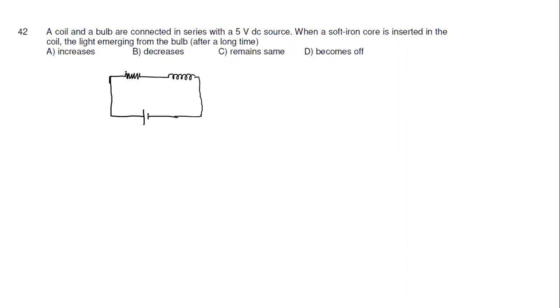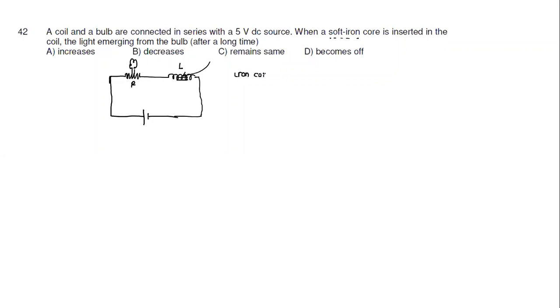Okay. So this bulb of resistance R. What will happen if we insert an iron core inside this? Can anyone think of what will happen if I insert this? Earlier the inductance was L. Can you think of a reason what will happen when we insert an iron core? We have briefly discussed it sometime. What happens when you insert an iron core? Did we discuss the use of an iron core briefly somewhere?